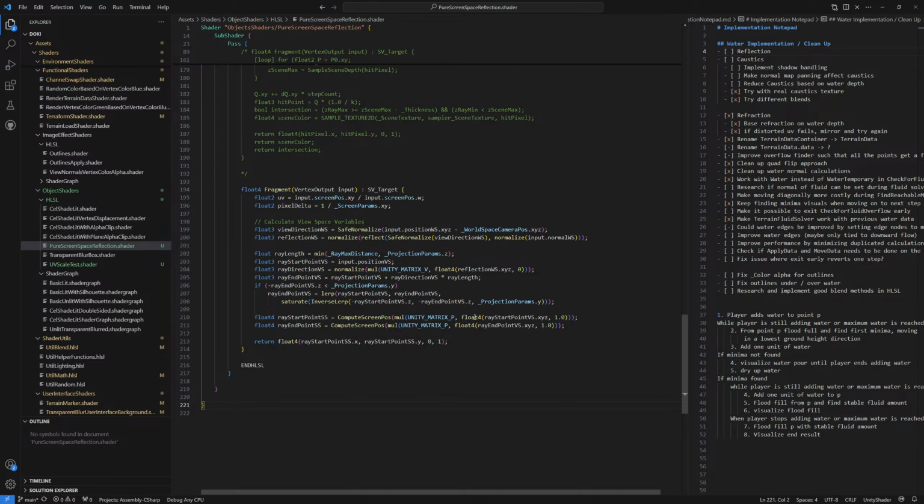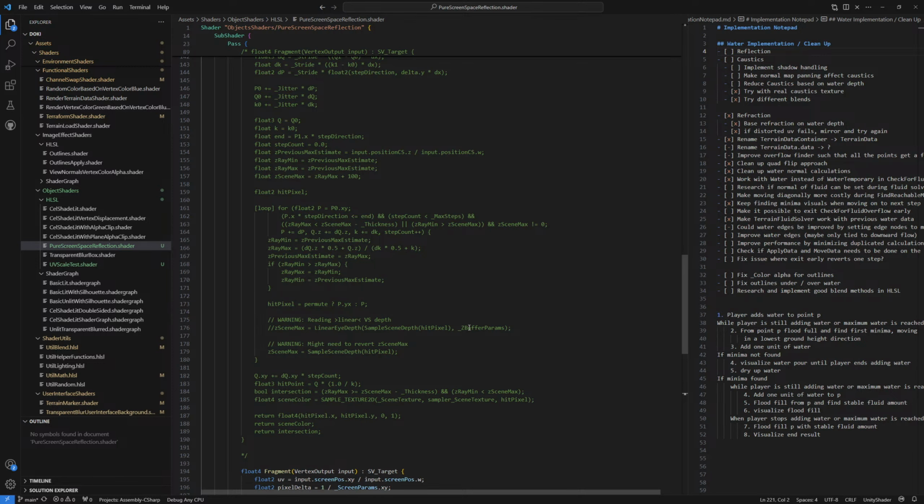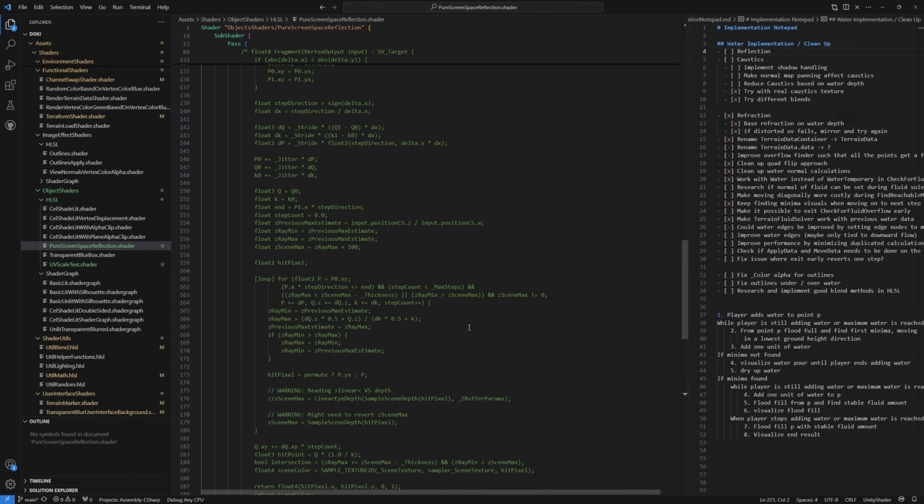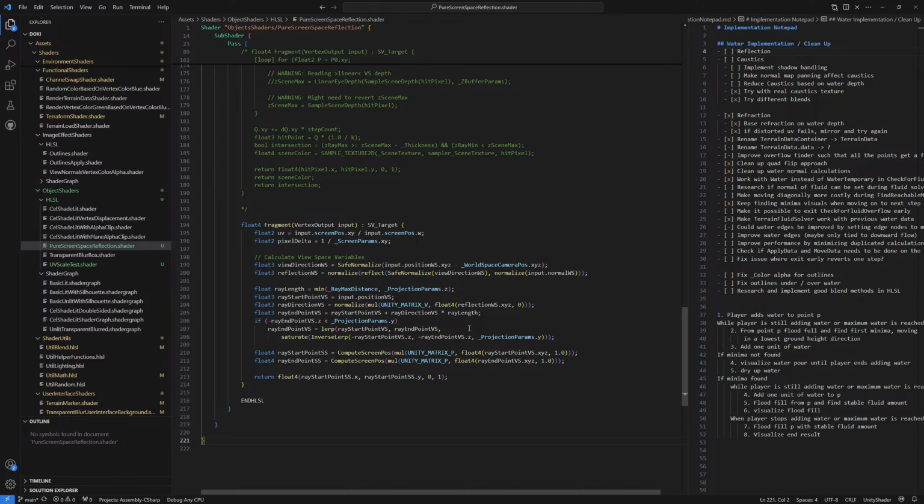I think we want to compare intersection. We have to define what we would call an intersection, and that would probably be